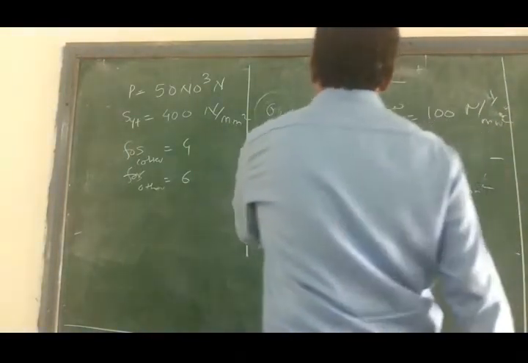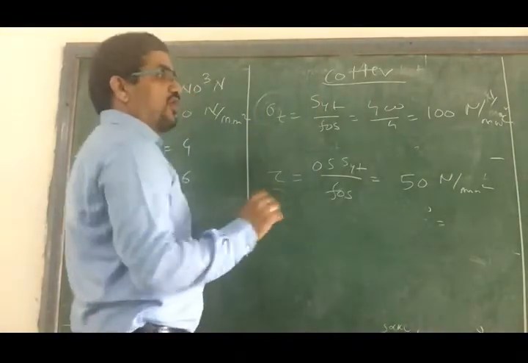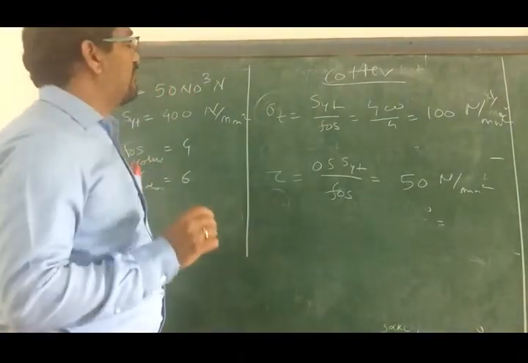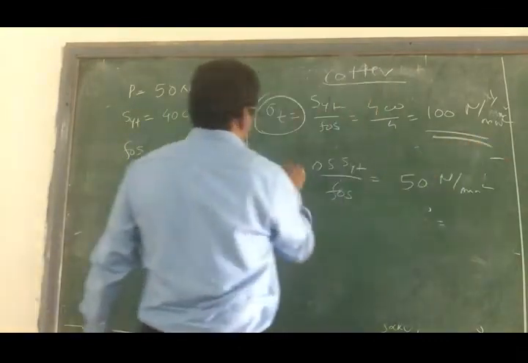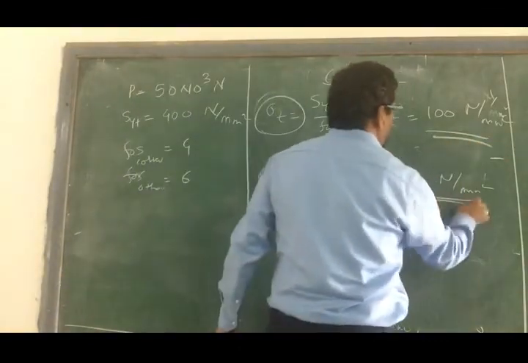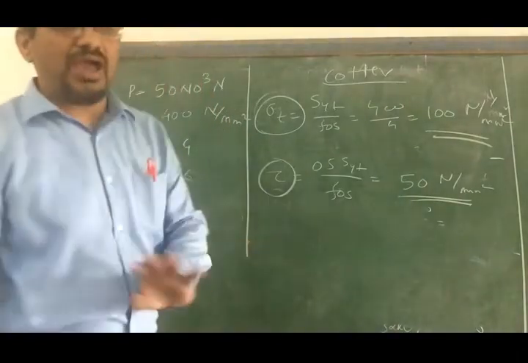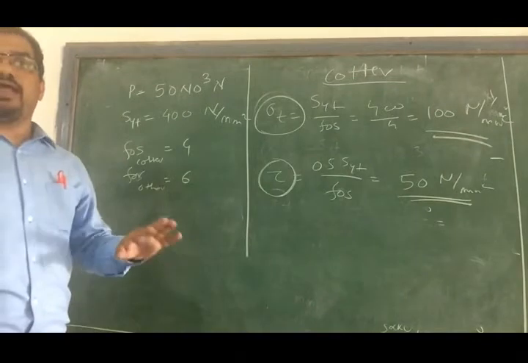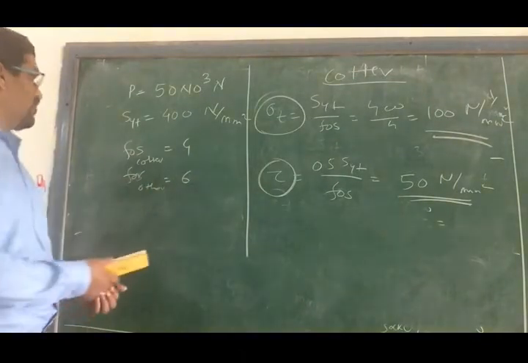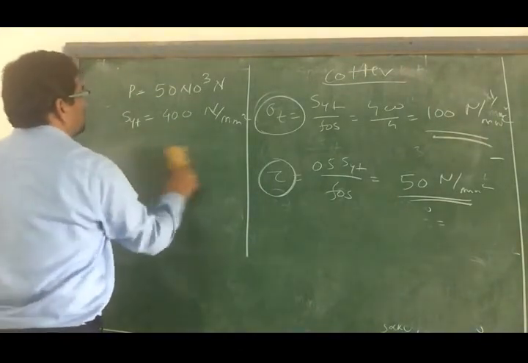Okay, so for designing the quarter, meaning all dimensions of the quarter, we use the limiting tensile stress as 100 and the allowable shear stress as 50 Newton per mm square. Now you have the limiting stresses and we have the formula. Now we can go ahead and find out all the dimensions one by one. We'll do this slowly, step by step.